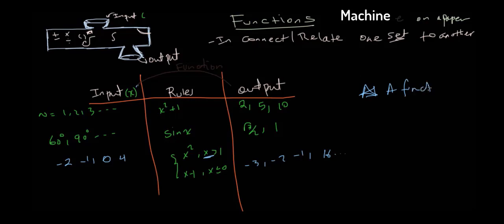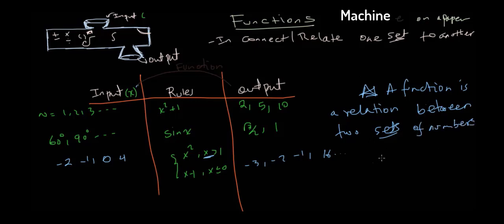A function is a special relation between two sets of numbers, such that for each value of input, or the first set, which we call in this case the domain, in the domain, which is the first set,